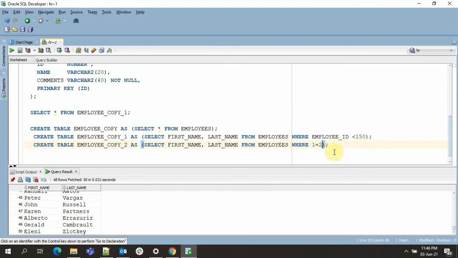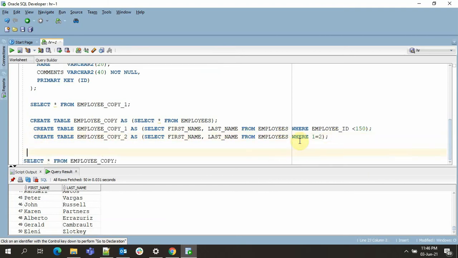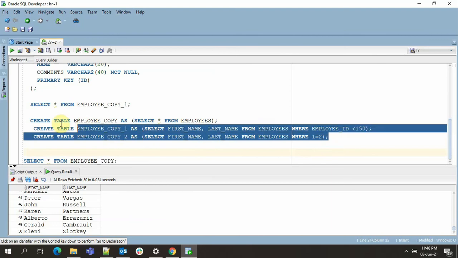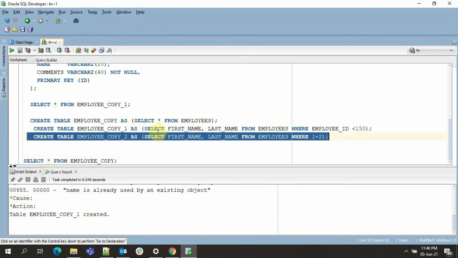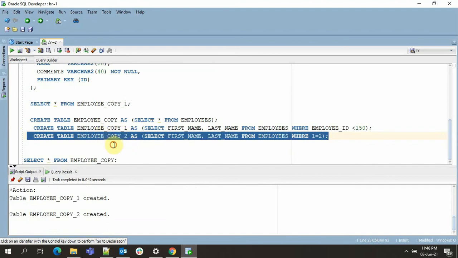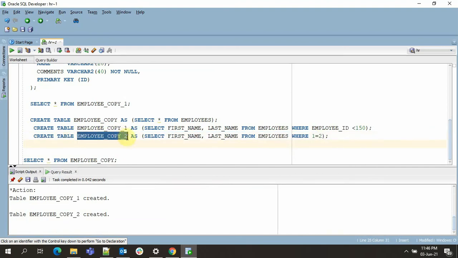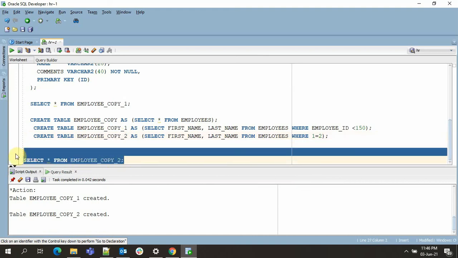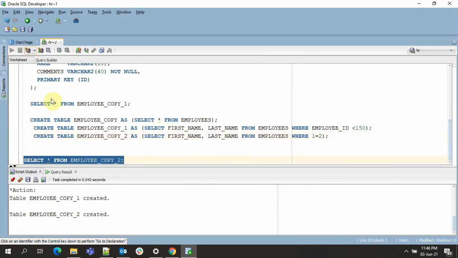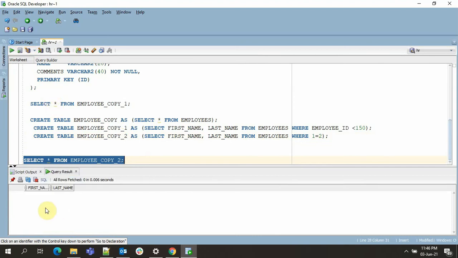So now this condition will be false, but a table will be created. I'll just execute it. So the table is created. Now we'll just do a select star and we can see that no records are returned. See, now we have created the table, copying it from the other table with no records.